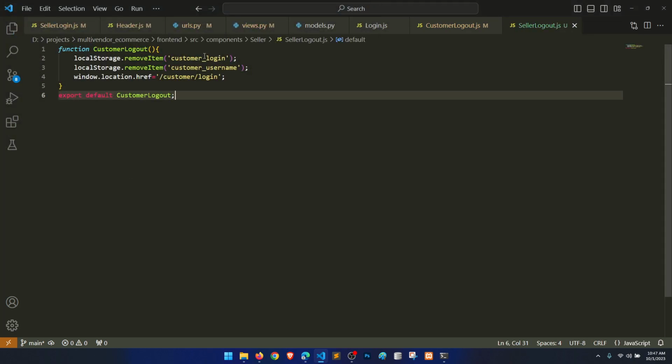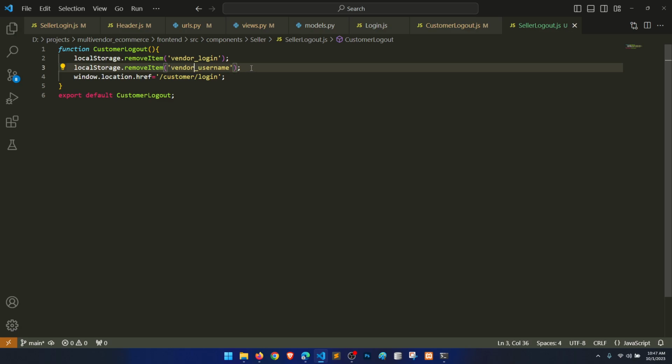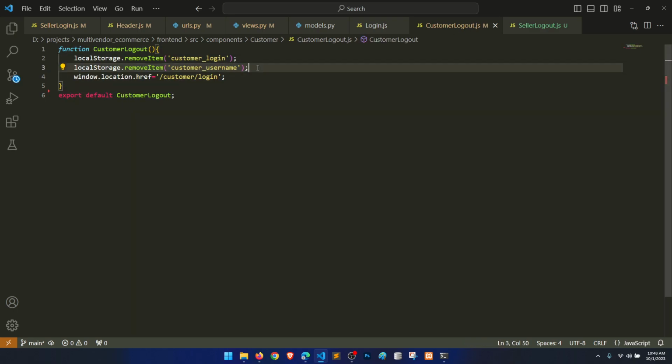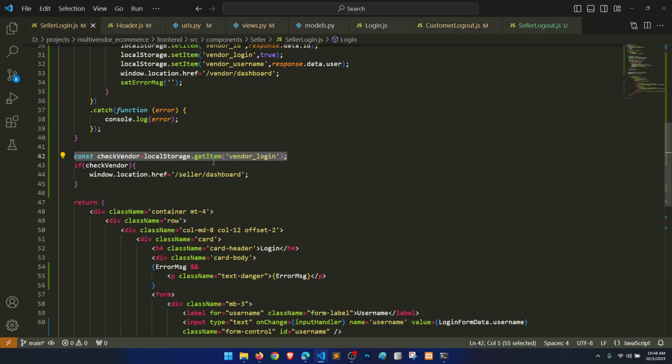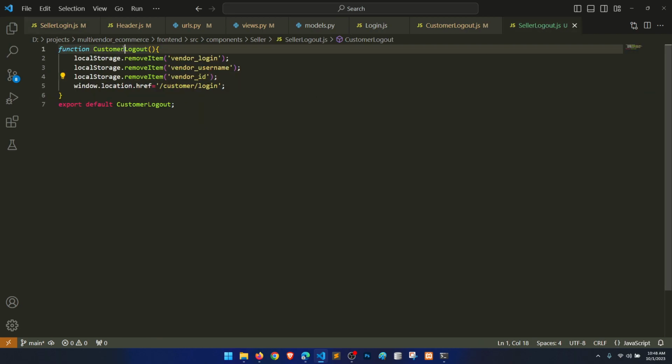So we have removed storage, vendor login, right? Vendor username. One more thing we need to remove, but we didn't remove, vendor ID. So I will also update the customer ID, because we are also saving the vendor ID or customer ID in the login part. So here you can see. Okay, so sorry, seller